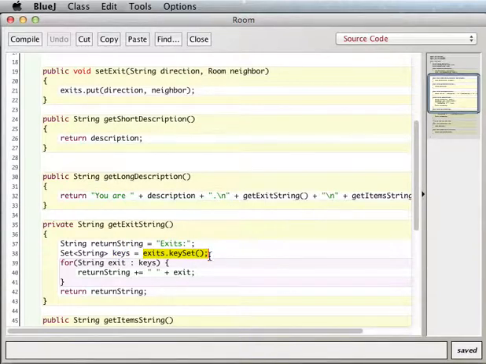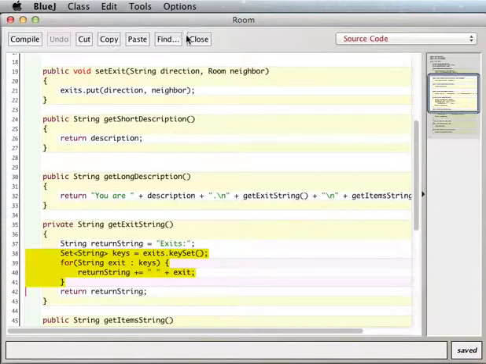So the keys would be all those strings. So for a particular room, the keys would be like north, west, east. For a particular player, the keys are going to be the names of the items. Okay, but what'll happen is you'll use this idea